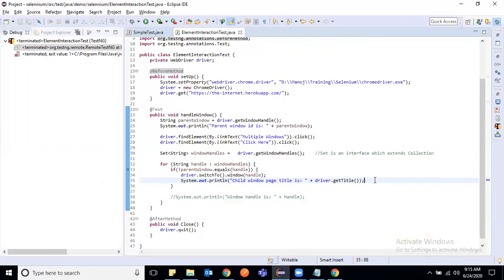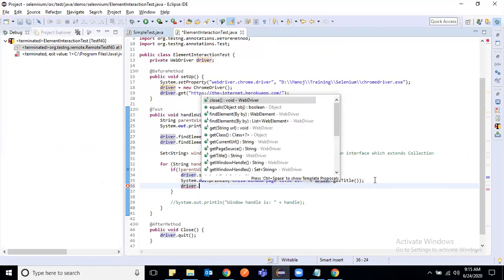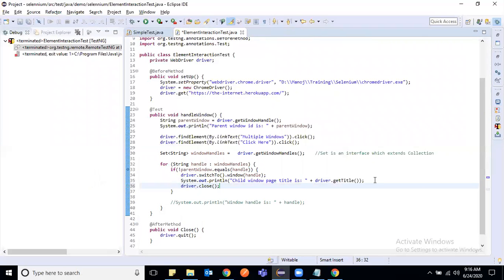We have to switch back again. But before that, suppose I want to close this newly opened window. Once I switch to the child window, whatever I want to do, like getting a page title or performing some action, those statements will go here.